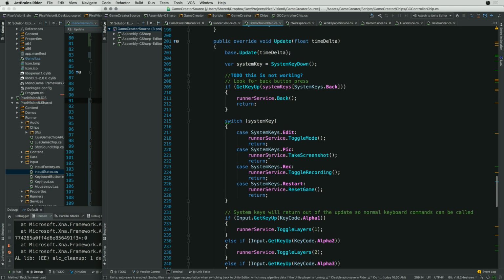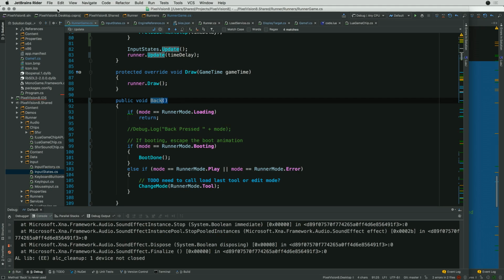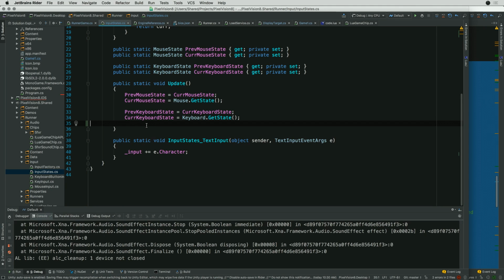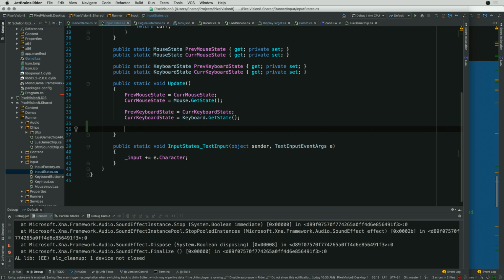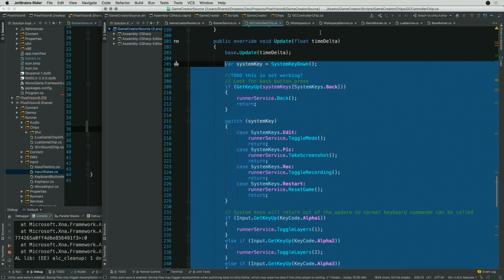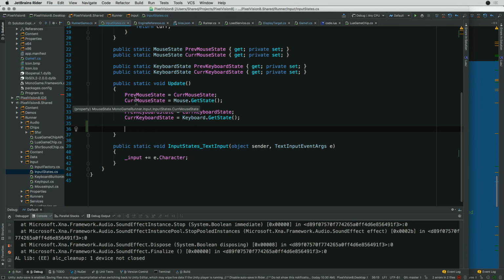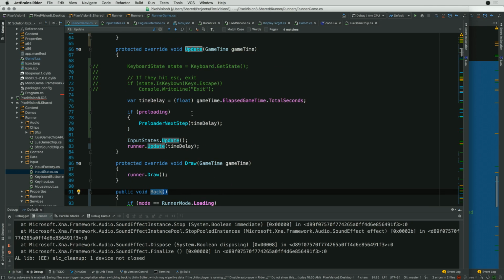So what we're gonna do is update time delta system key. Let's try to wire this up, perhaps. So in the other input state, is that what I'm in? This is GC controller chip. So I had designed a custom chip for this. I'm gonna put this code here in the runner for right now,